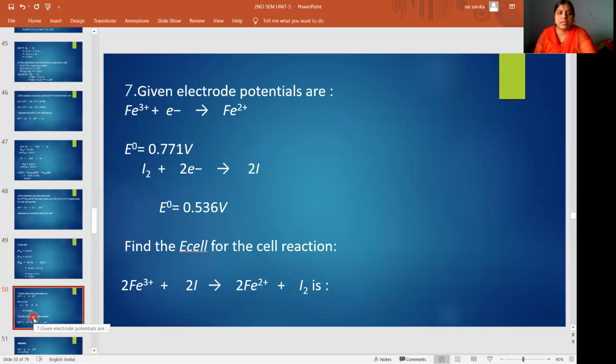So here also the cell reaction is given. 2Fe plus 3 plus 2I minus gives rise to 2Fe plus 2 plus I2. So for this cell reaction, you have to find out the EMF of the cell. Here electrode potentials are given. So here,